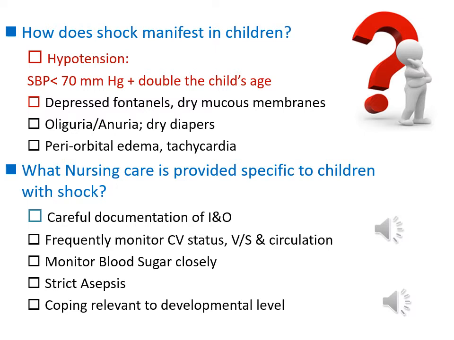In my notes, you'll see that there are other assessment findings that we also see in adults. So nursing care that we provide to the child in shock, very careful documentation of I&O, and frequent measuring and monitoring of cardiovascular status, vital signs, and circulation, because in infants and children these things can change much more quickly